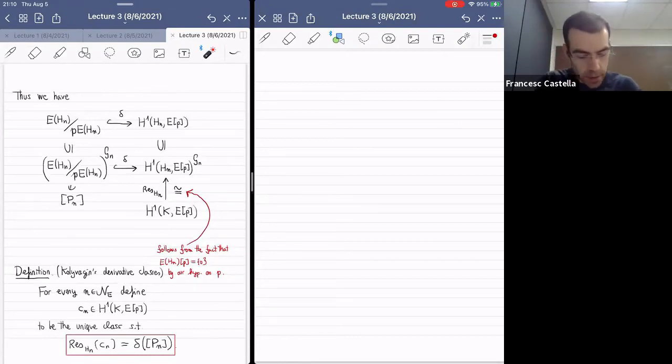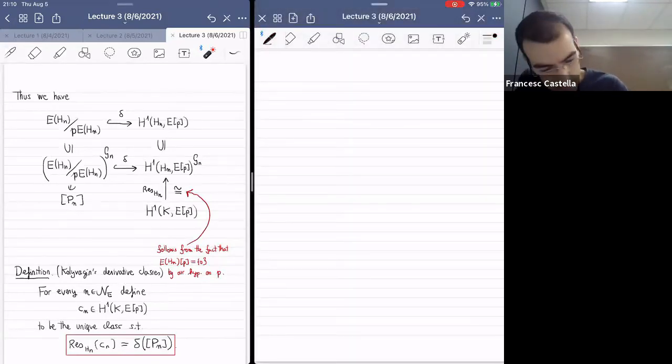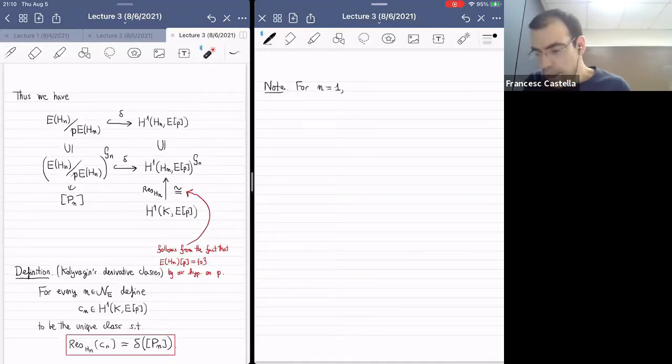Okay, so let me make a little note about what is the class of conductor 1. C sub 1 is actually something that has already appeared. That will be used later. So what's the Kolyvagin derivative class for n equal to 1? For n equal to 1, this derivative operator is defined to be 1 by convention. So P1 is just taking the sum over this set of representatives, script S, of